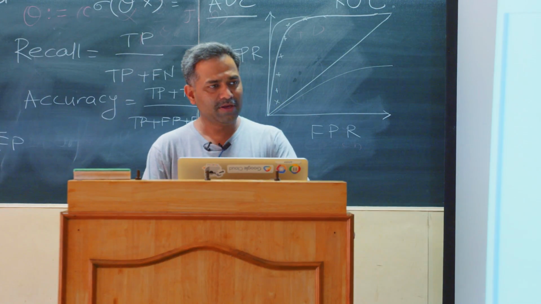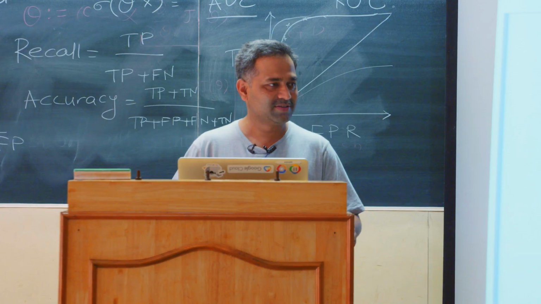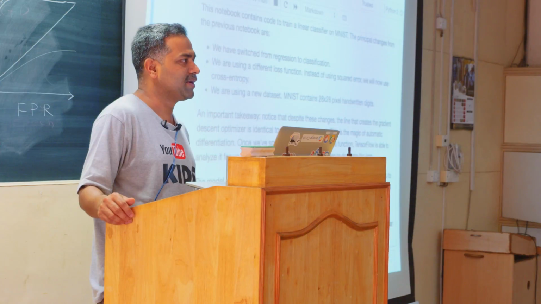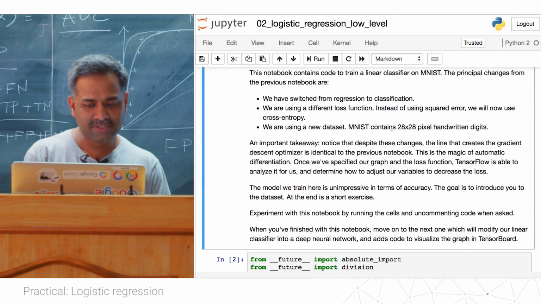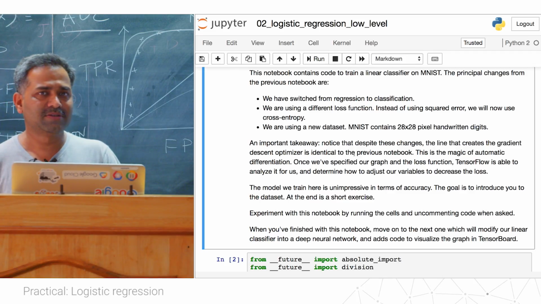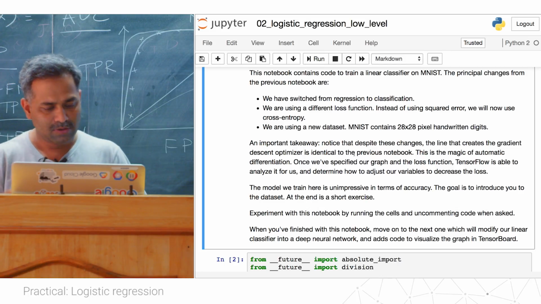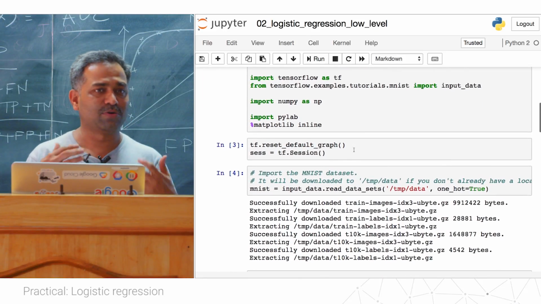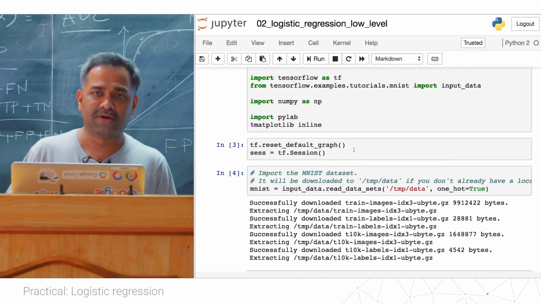Now here we will again use the MNIST data set. That is our favorite, and we will now be building our own logistic regression classifier. The thing to notice is that we will have a different data set, but we will do pretty much the same things as far as loss function and optimizer definition go. So that's the magic of TensorFlow. It figures out automatically how to compute the gradient.